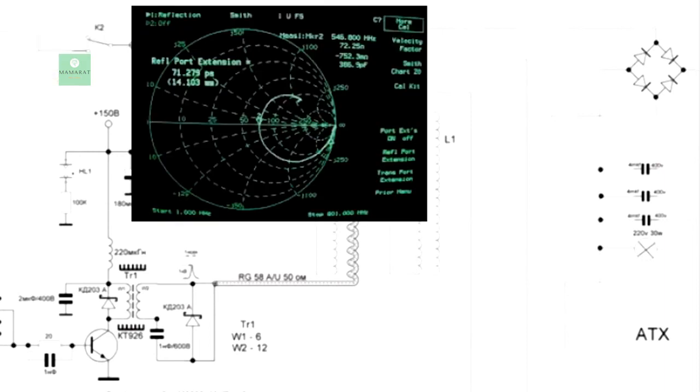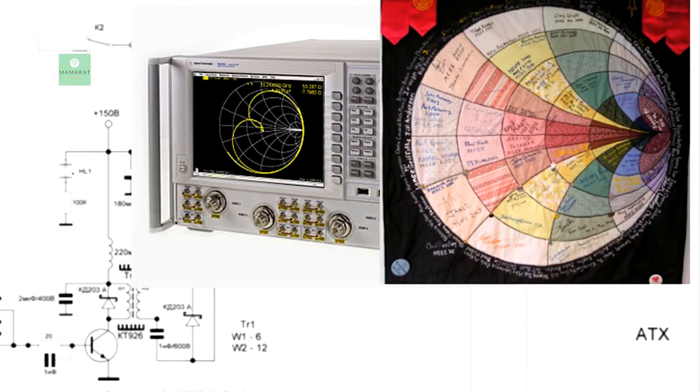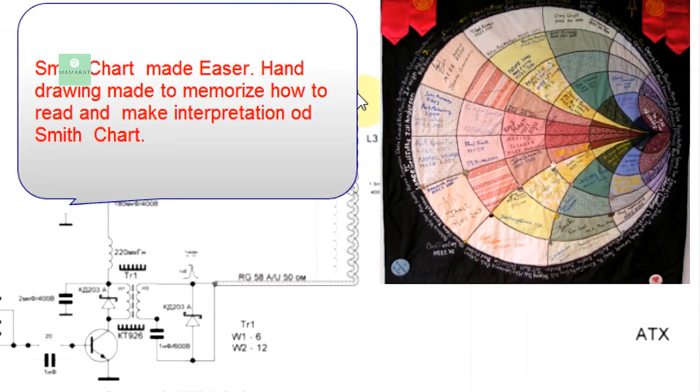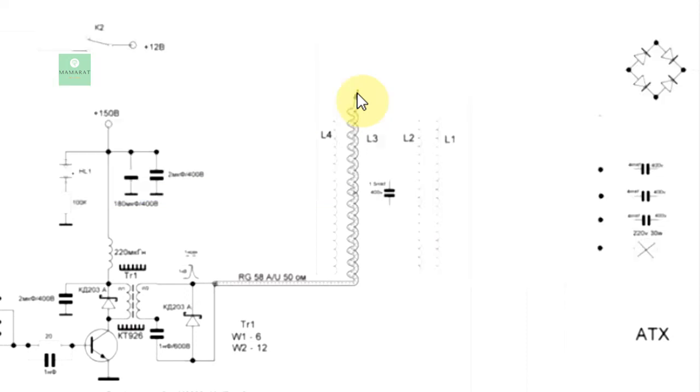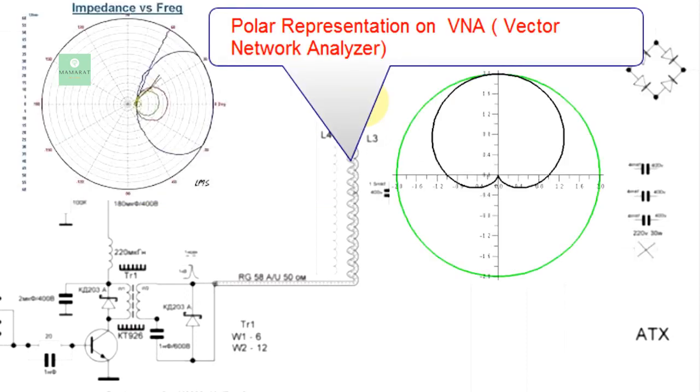And you could say the whole philosophy of a vector network analyzer, the whole philosophy of the Smith chart, the whole philosophy of polar representation of RF energy